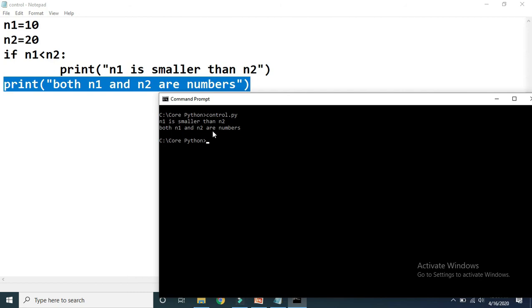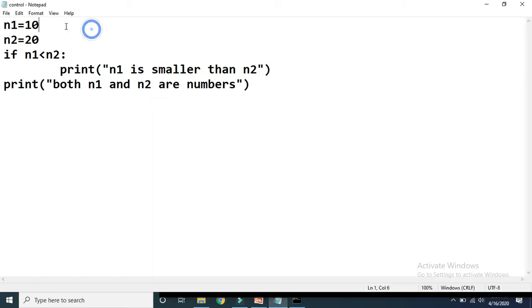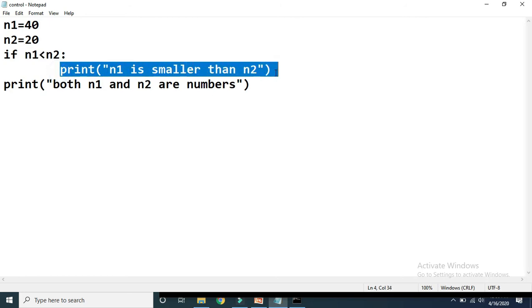Now see, what will happen if this condition is false? If I assign the value of n1 as, suppose, 40, then this condition is false because 40 is not less than 20. So this statement will not be executed, and control will come directly outside this if.